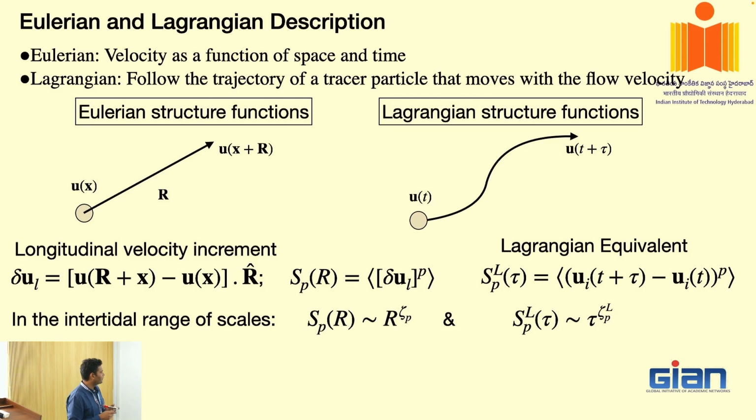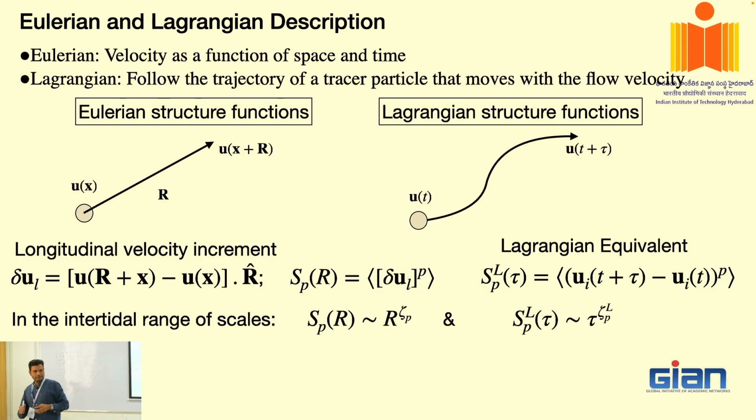Does this bracket signify anything? Average. You have taken this bracket, right? The angular brackets denote an average over space and time, both. So basically, this R you can fix like this, and then you can move through many such combinations in space at a given time, and then you can do an averaging over time also. Because a power law is very challenging to get, you have to do a lot of averaging.